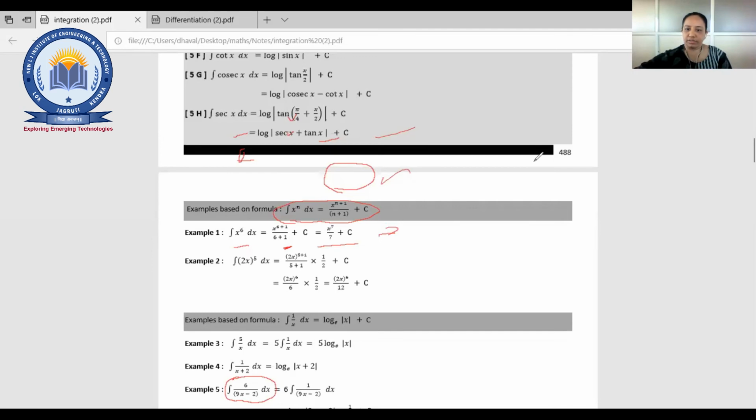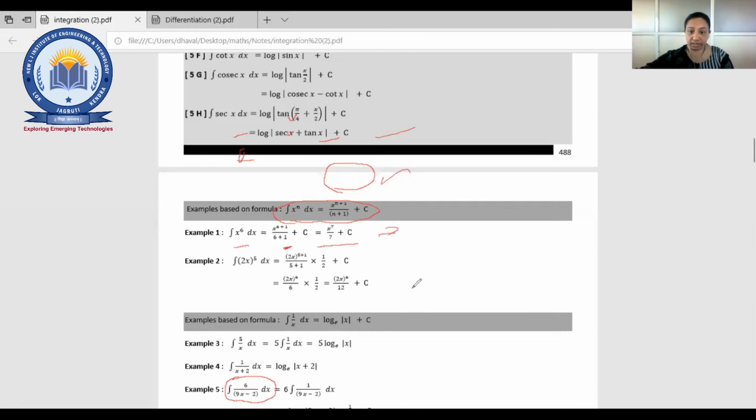See, one student is asking for the PDF. Yes, we will share it. But we first need to decide the platform, right? That means whether we are going to upload it, or mail it to you, or share it in a drive. That is not fixed. That's why we are not sending it to you. But once it is decided, surely you will get it. Until then, you have to refer to the videos only. The recording of this meeting is supposed to be uploaded on the same day, so you can refer to it. Fine.